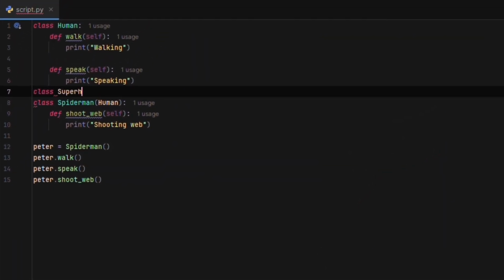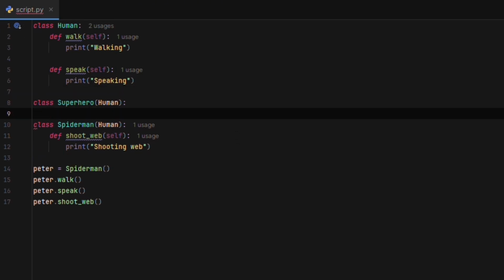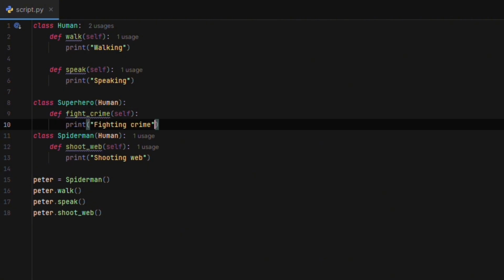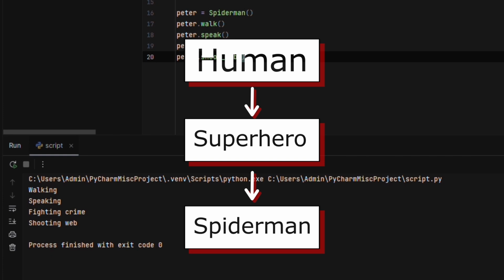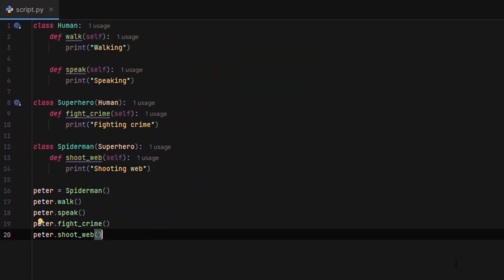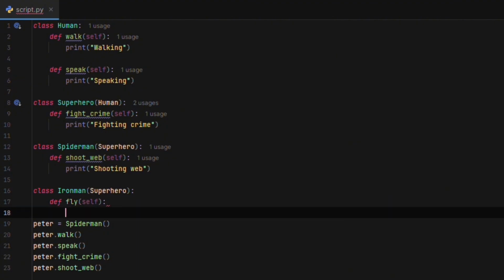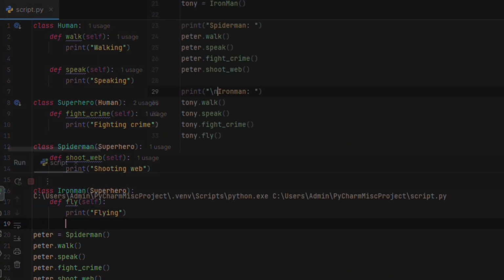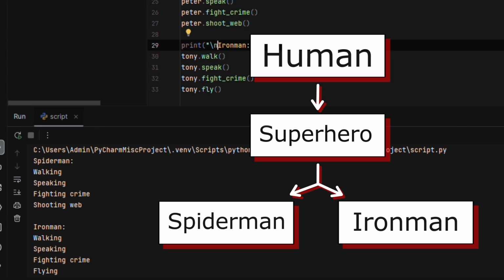I'll add another layer called superhero. So instead of inheriting directly from human, Spider-Man inherits from superhero. So now Spider-Man has human, superhero, and Spider-Man specific abilities. This is multi-level inheritance. Now I'll add Iron Man. Iron Man and Spider-Man both inherit from superhero. They share the same base behavior, but each has their own unique abilities. This is hierarchical inheritance. This means that if I ever need to change how all superheroes behave, I only change